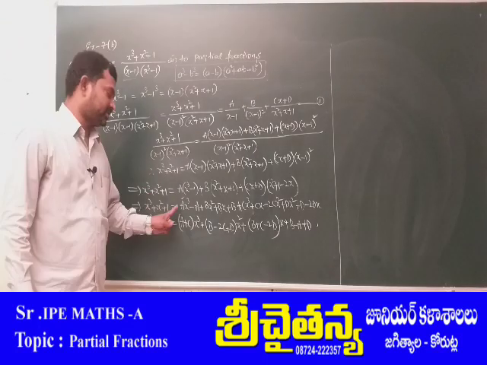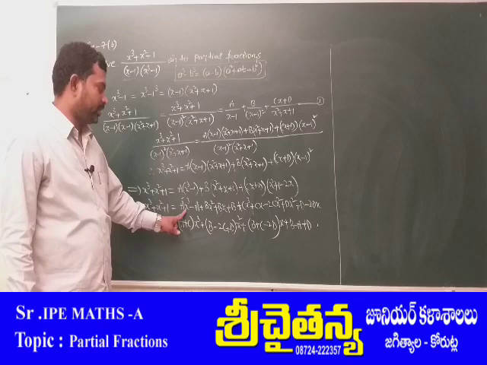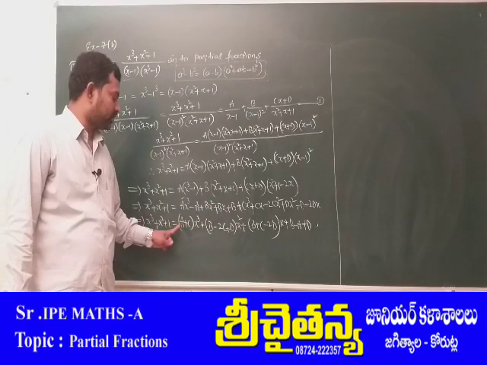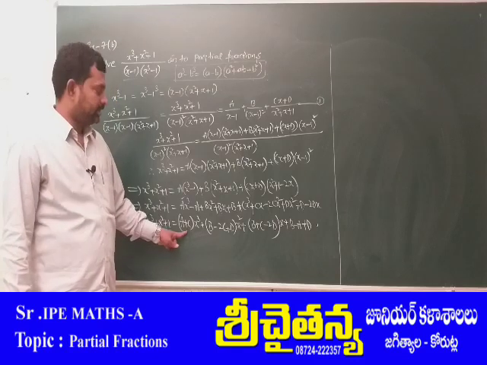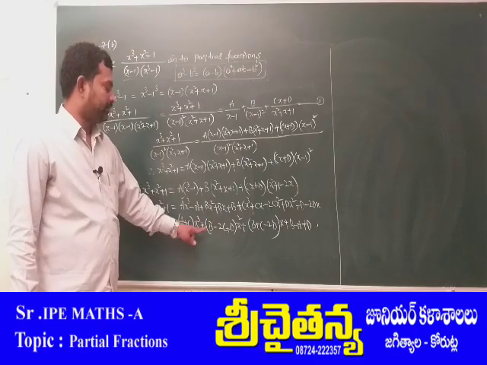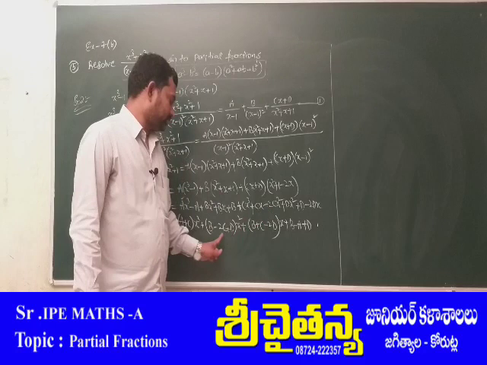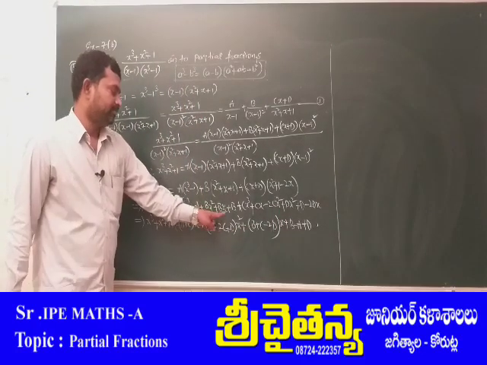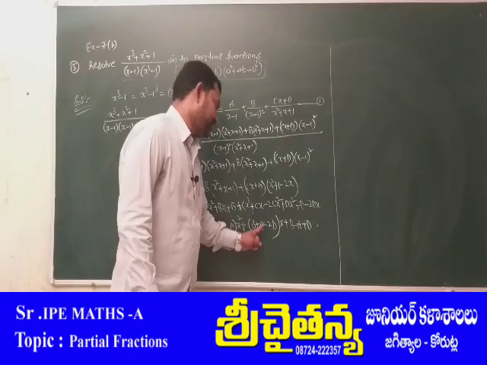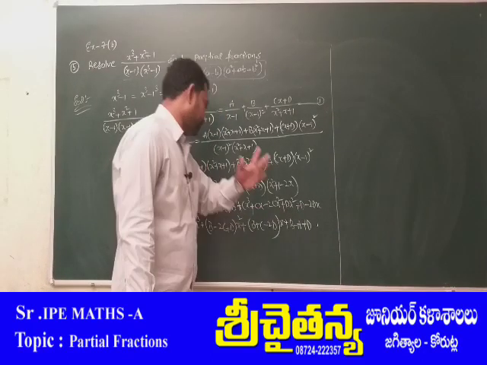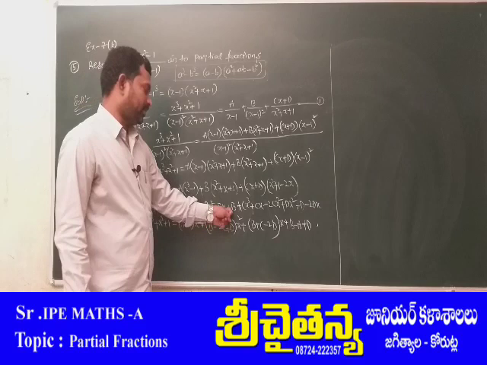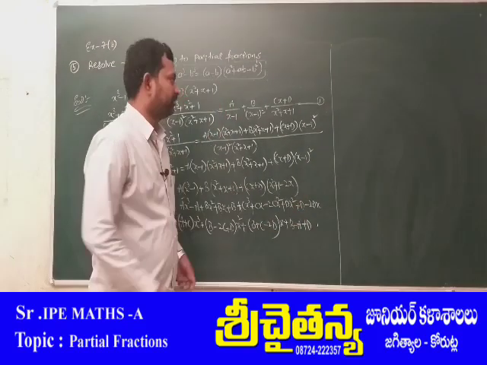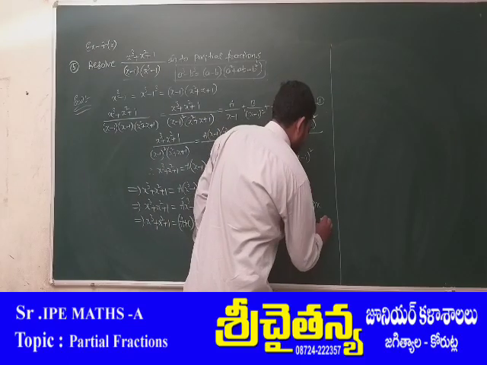So first of all, once again, check out the x cube terms, ax cube and cx cube. In these two terms, x cube goes common, we are getting here a plus c. Next check out x square terms: b, next minus 2c, next plus d. Next check out x terms: b, next plus c, next minus 2d. Next constant terms are plus b, minus a, next plus d. So okay, this one is equation number 2.